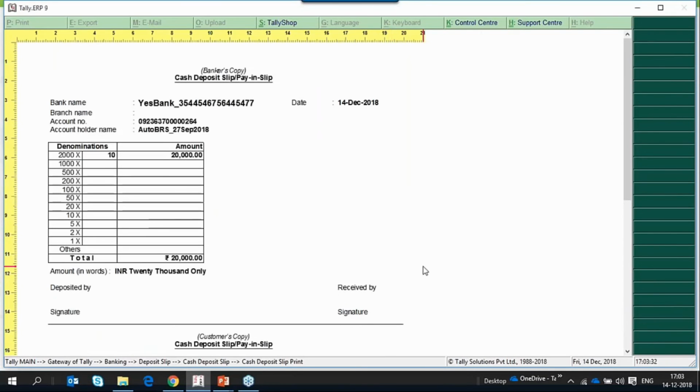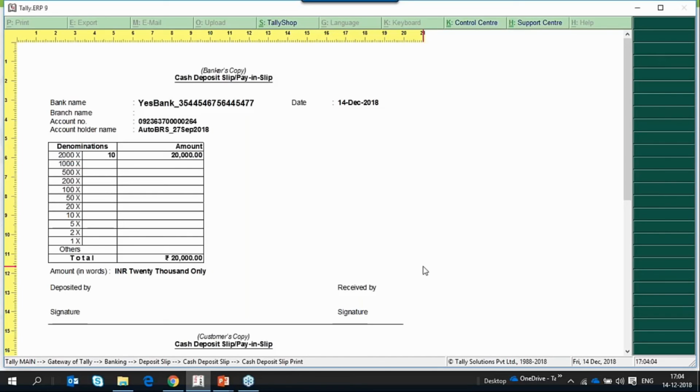These formats, cash deposit slip and cheque deposit slip, we have supported as a universal format which can be accepted by all banks. All the mandatory information that the bank requires for accepting the cheque deposit slip or cash deposit slip is available in our format. So you can present it, and if the banks are not accepting, then it is up to the bank. Based on the bank's policy, they will accept or reject.